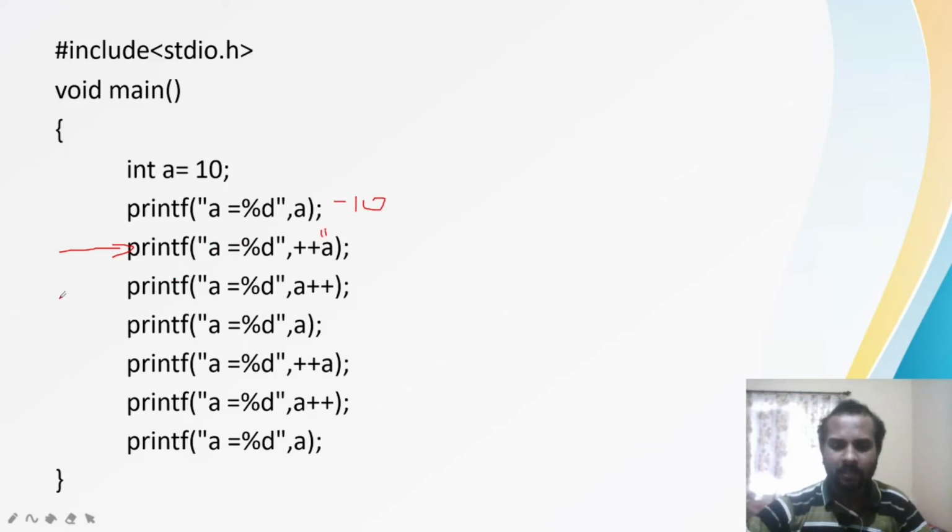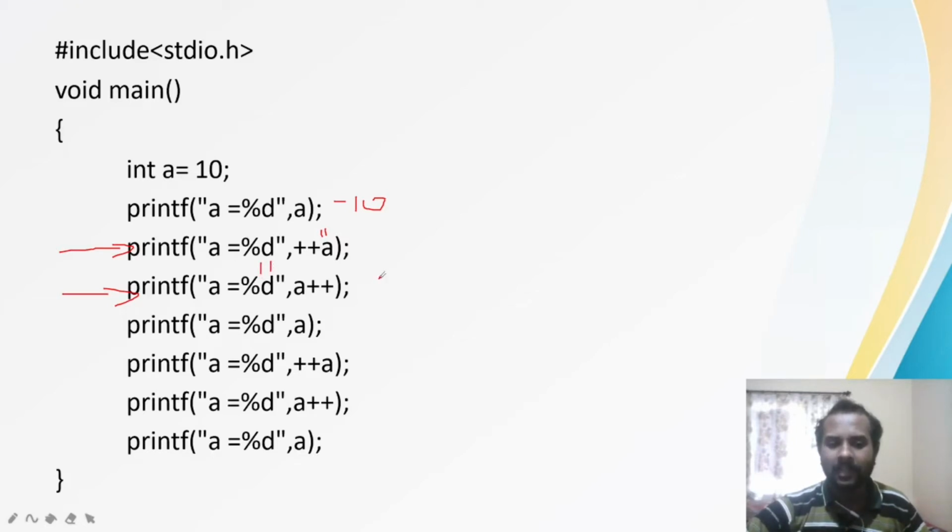In the next step, I am going to have the post increment. Post means after the execution of the statement, increment the variable or operand. So I am going to execute the statement first. So a is equal to 11 only.